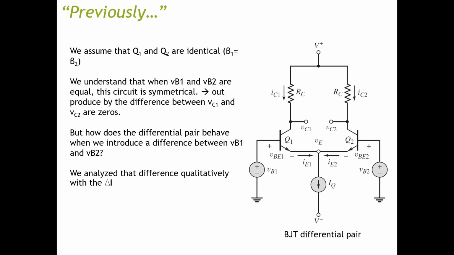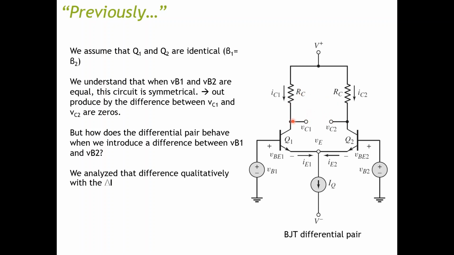Previously, what did we learn? We examined the BJT differential pair. In this differential pair, we assume that Q1 and Q2 are identical. That means beta 1 and beta 2 are equal. We also understand that when the two inputs VB1 and VB2 are equal, the circuit becomes symmetrical. That means the current IQ got split equally between two branches, therefore making the difference between VC2 and VC1 to